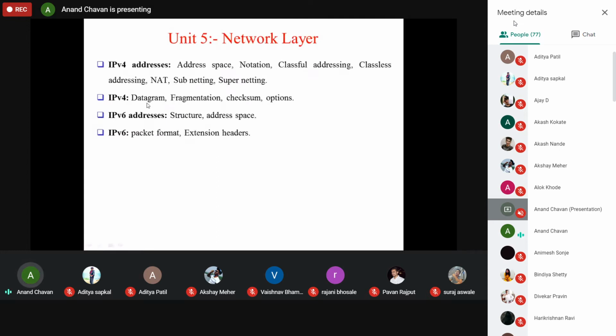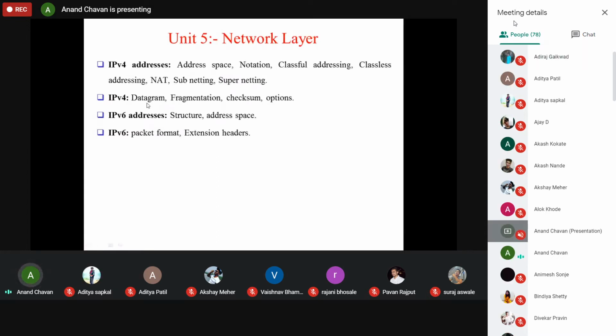Whatever we study in internet protocol version 4, all these points we are going to see in version 6 also: structure format, address space, packet format, and extension headers associated with the network layer. And then the next layers are the transport and application layer.